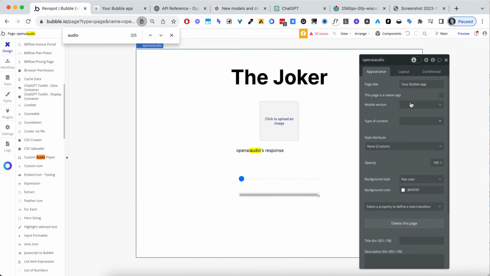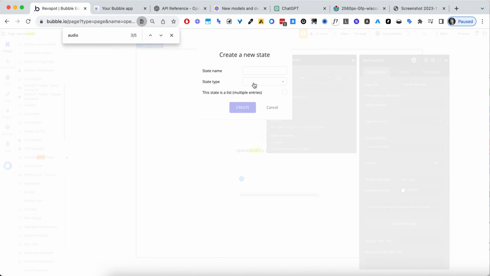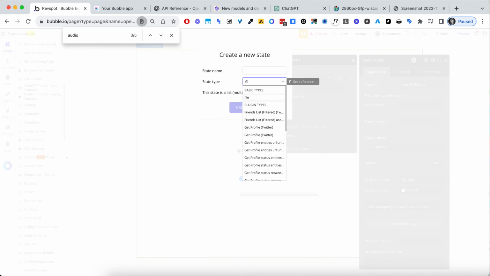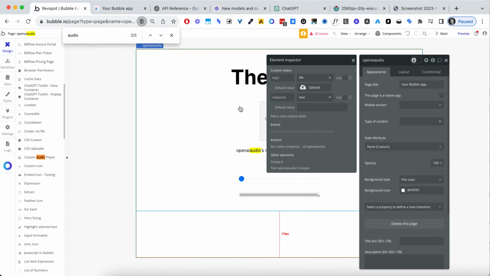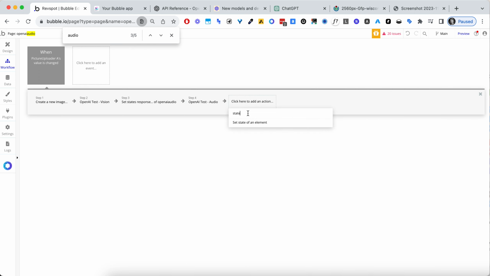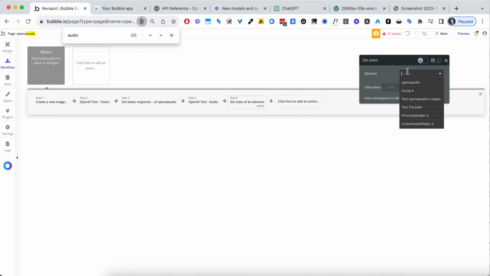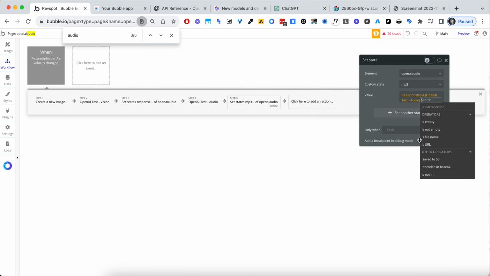No. If I go here and say add a custom state, can a state be a file? Yes, it can be. State name is mp3, and I'm gonna go to the workflow and set state of the page, and I'm gonna set mp3,